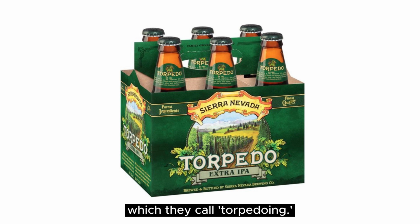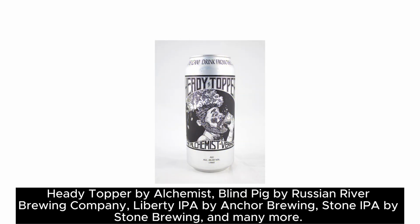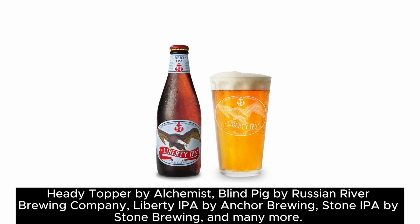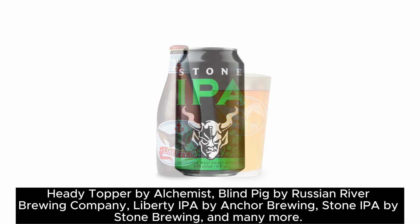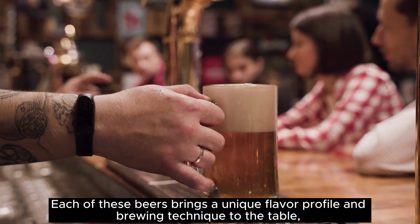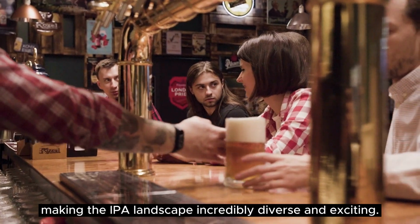which they call torpedoing. We also have other notable mentions like Hazy Little Thing by Sierra Nevada, Heady Topper by Alchemist, Blind Pig by Russian River Brewing Company, Liberty IPA by Anchor Brewing, Stone IPA by Stone Brewing, and many more. Each of these beers brings a unique flavor profile and brewing technique to the table, making the IPA landscape